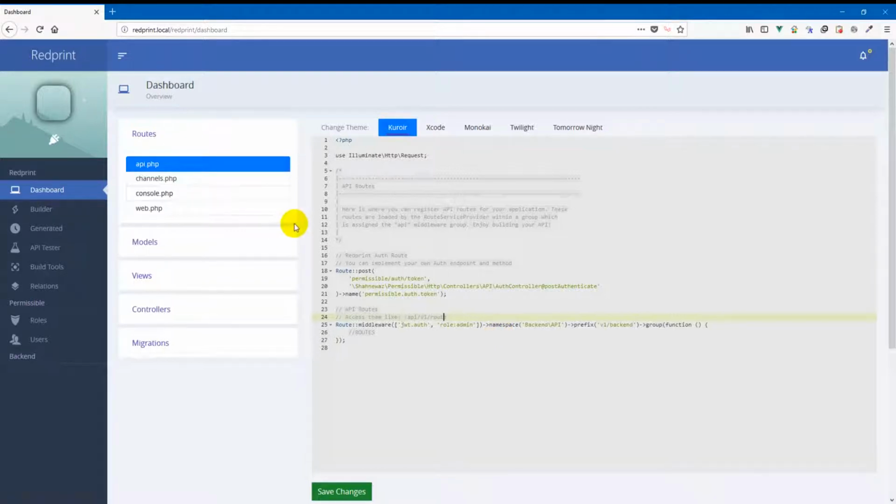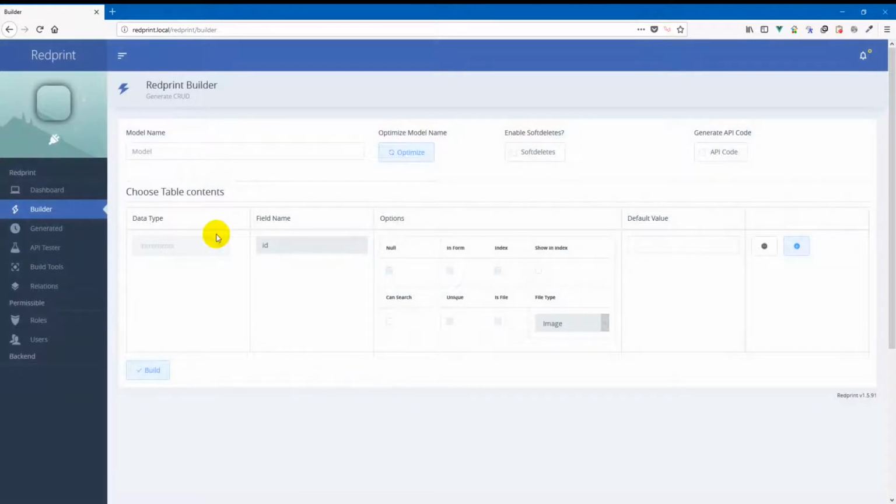Hello folks, in this short video tutorial I'm going to show you how you can build relationship between two models in a Laravel app using Redprint. For this video tutorial I'm going to create two CRUDs, products and categories, and build relationship between product and category model. So let's start by creating our CRUD product